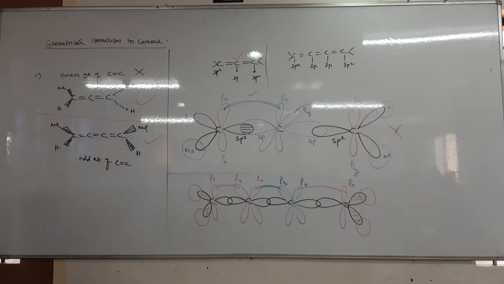Okay, next, case 2. Right, a cumulene with an odd number of pi bonds and terminal carbon atoms attached to two different groups can exhibit geometrical isomerism,